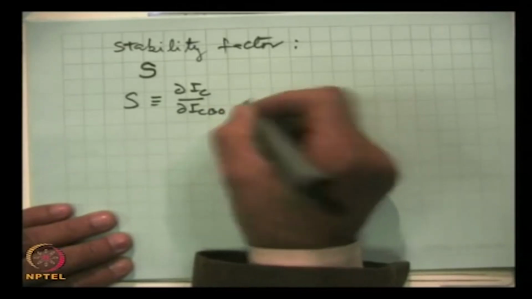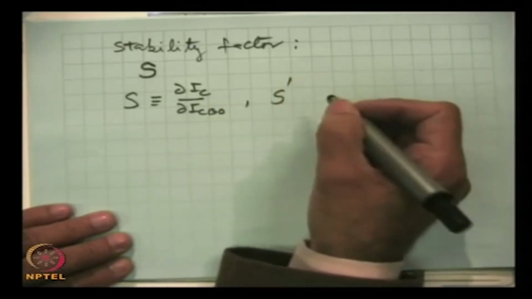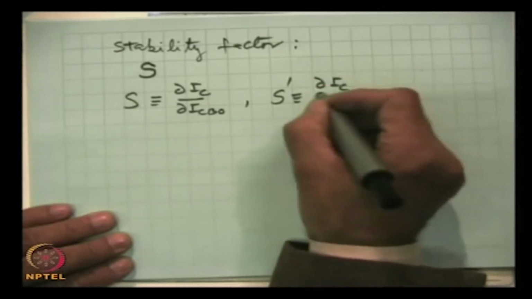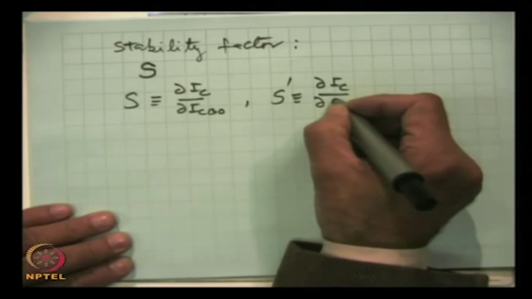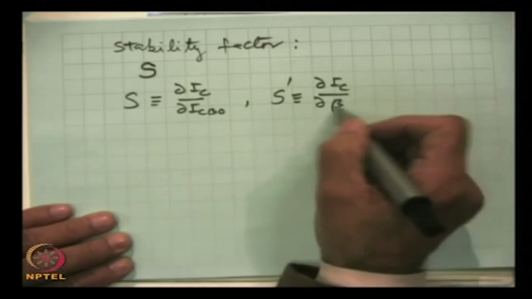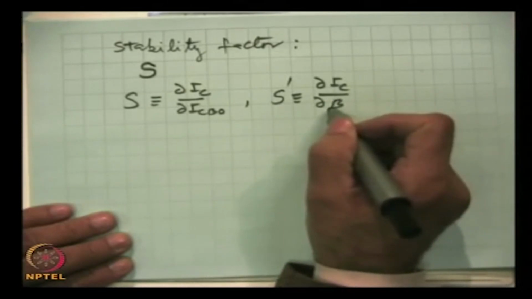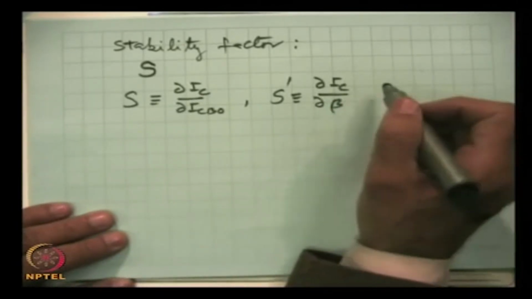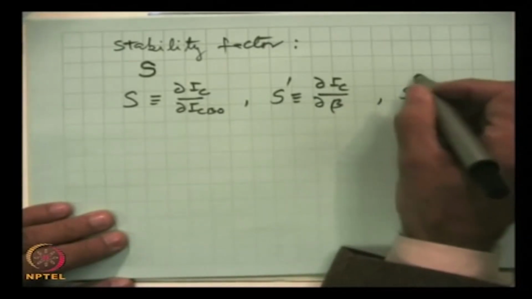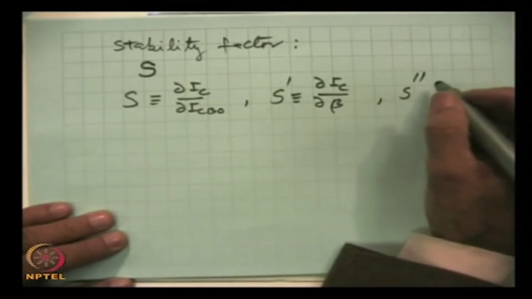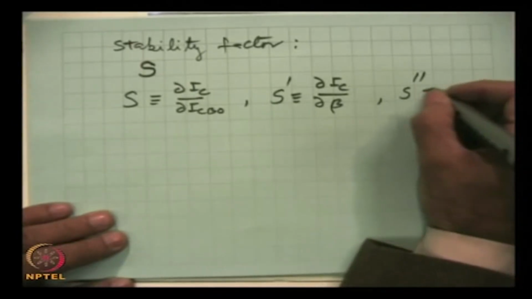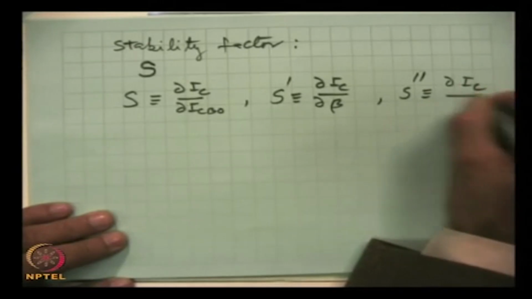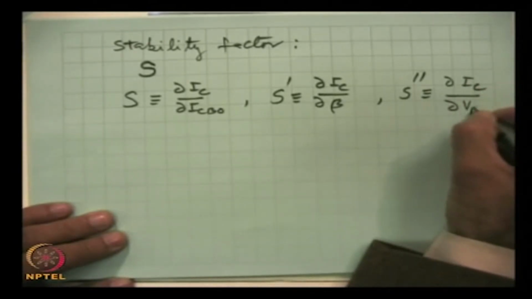We can say another stability factor, which is IC with change in beta, the current gain. If current gain changes for any of the reasons stated above, then the collector current will change. Or yet another stability factor, which is delta IC by changes in VE,